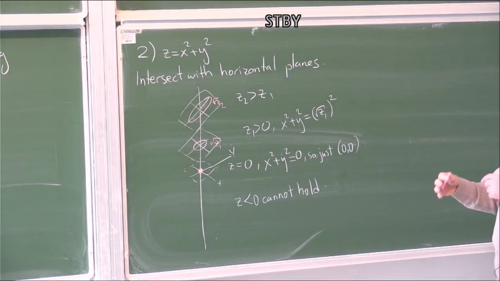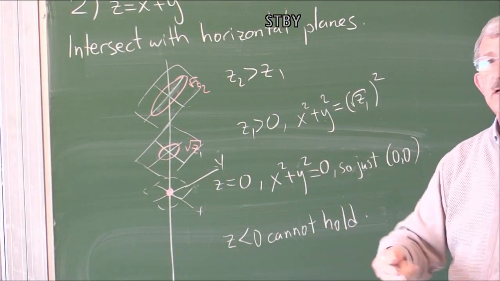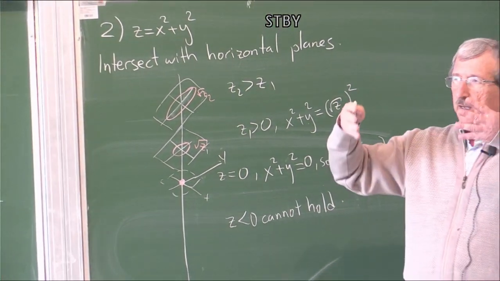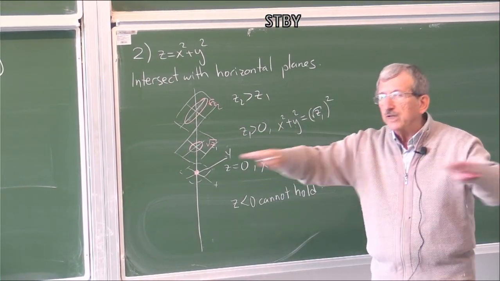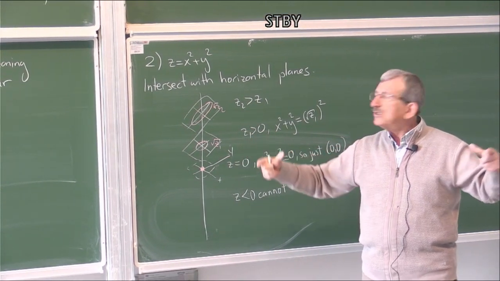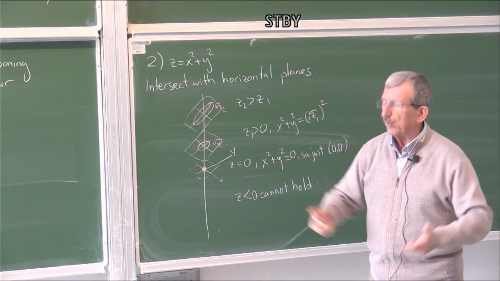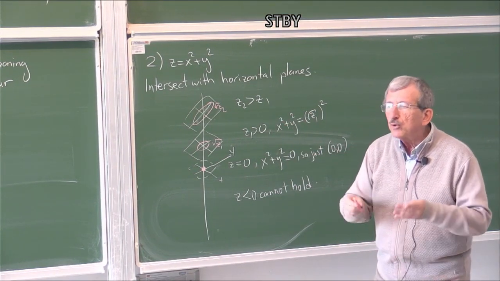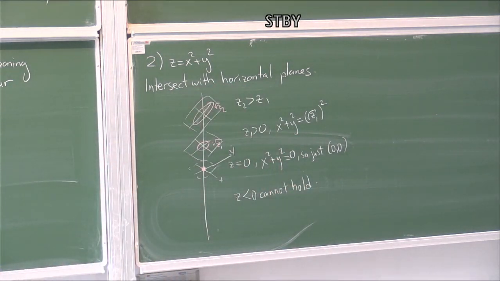What happens is that when we go up, that is, if we have a higher altitude and we look at a horizontal cross-section, we always have a circle, but these circles get bigger and bigger. So when we put them together, we obtain